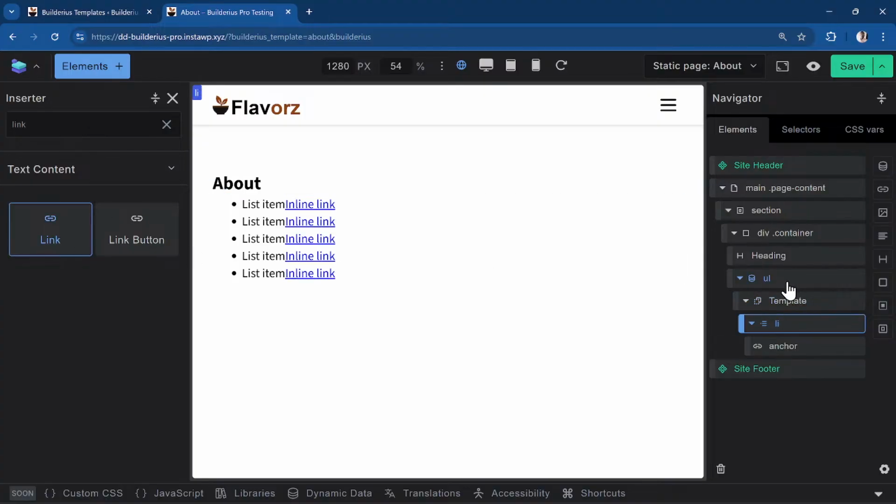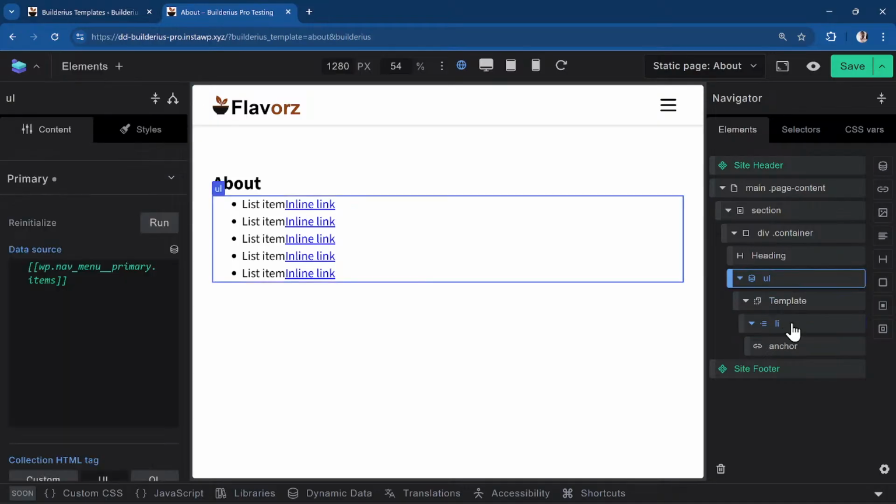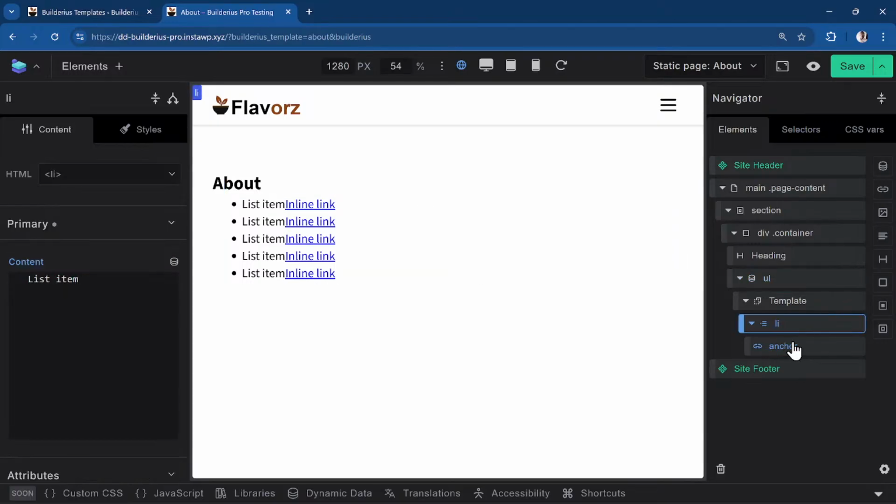Because what happens with Builderius is first you have your collection. Within that collection comes a template. That template is what is going to be repeating. It is a blank template, so what you want to repeat is your li. So you now have to add an li into your template. The nice thing is that you can have maybe a static value above the template, then your template, then a static value after the template if you need to. Anyhow, when you have the li and the anchor tag,